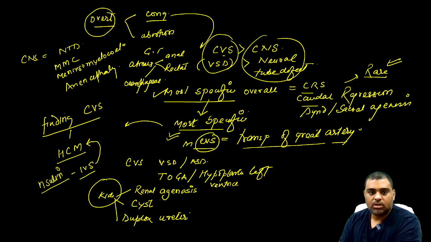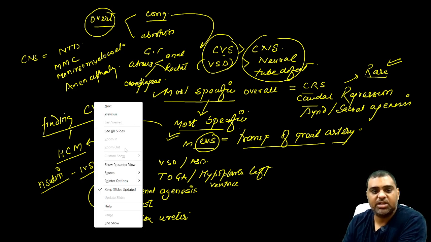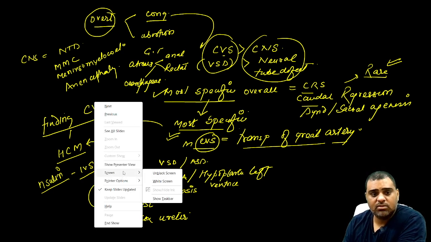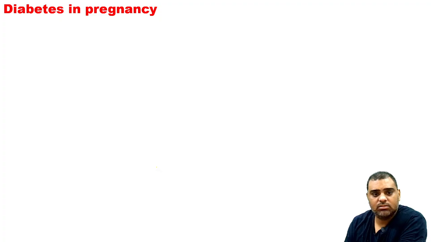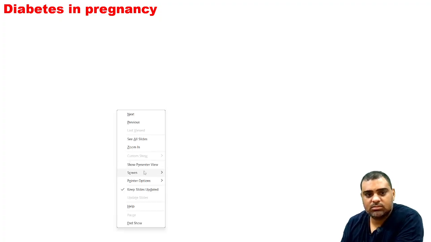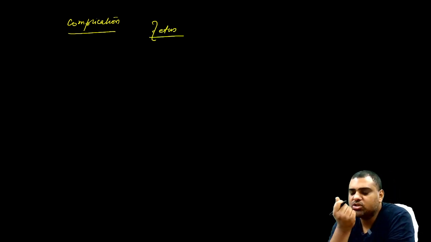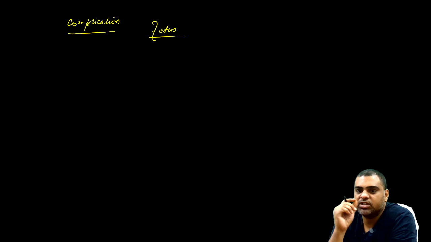Now, these are the complications. Now, there can be complications which are common to both overt diabetes and gestational diabetes. First, coming to the fetus. I have told you that in the fetus there will be more insulin. Now you will understand why I was giving so much emphasis on the pathogenesis. So the fetus has most insulin, but when